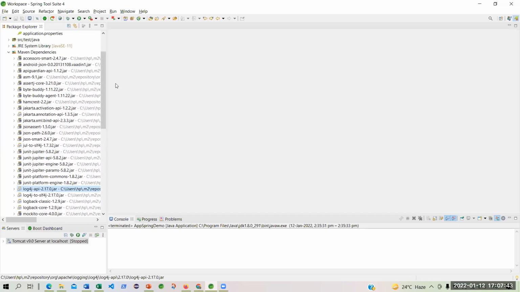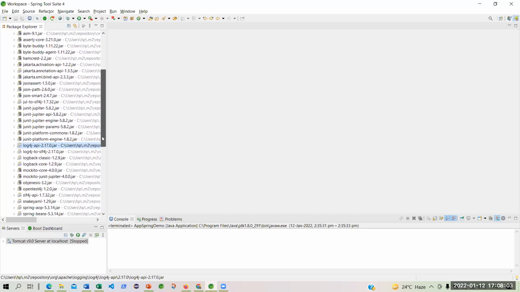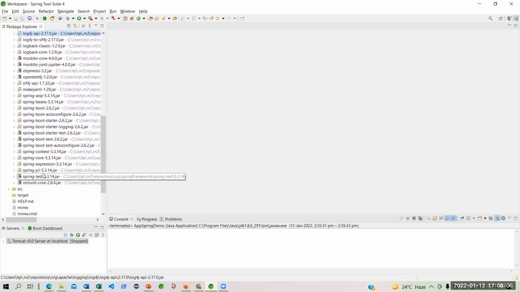Have we said that we are going to develop any web application through this Spring Boot project? Did we mention that? No. So are you seeing any Tomcat library?